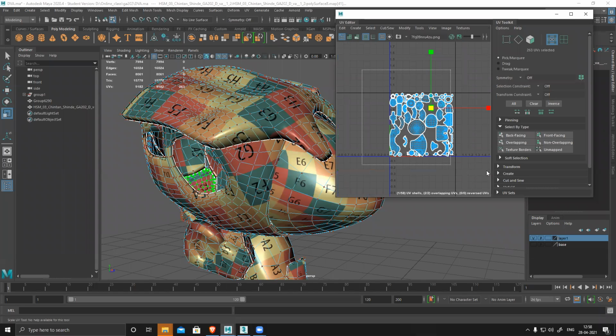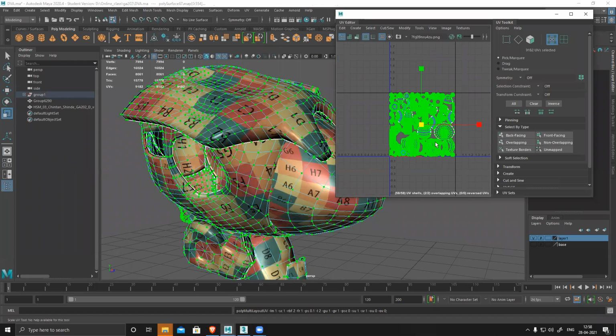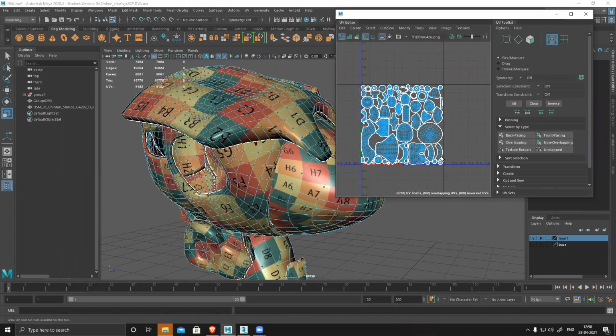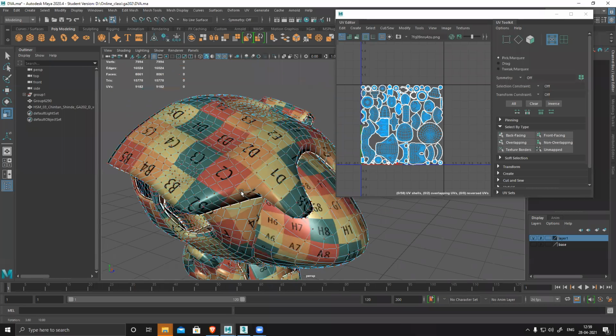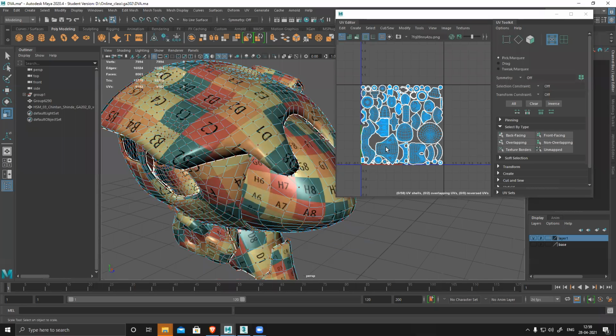Like this, I will reduce and then I'll layout it one more time. And you can see it's better packed now. Yeah, better packed everything. You can see less wastage of UV space. Yes, but there are a couple of manual things we have to do, like make sure everything is nicely packed, there is no wastage as much as possible. So you have to use maximum UV space and fix all the things and tightly pack the entire UV.